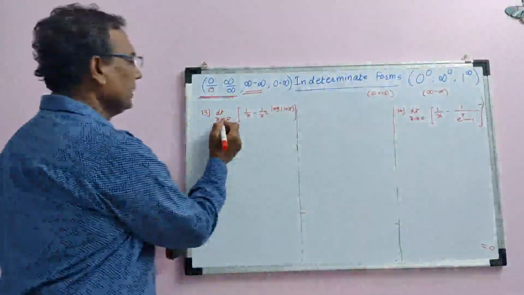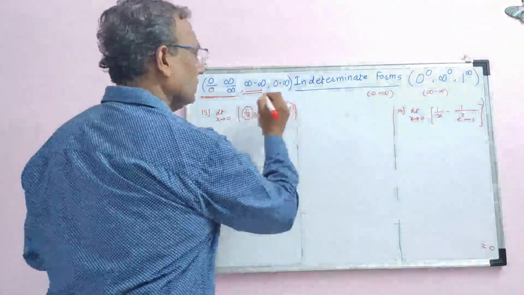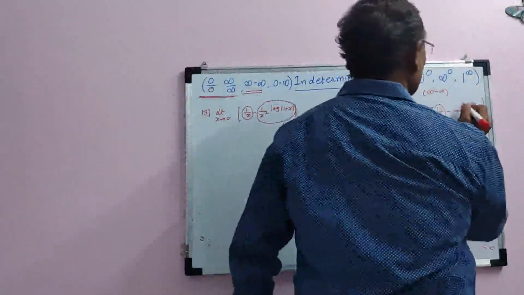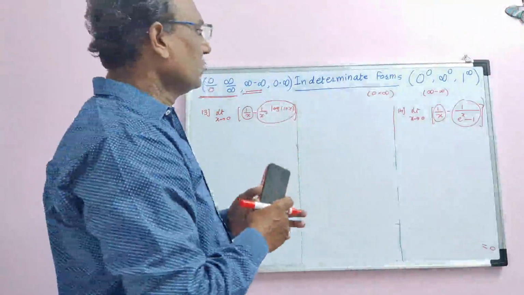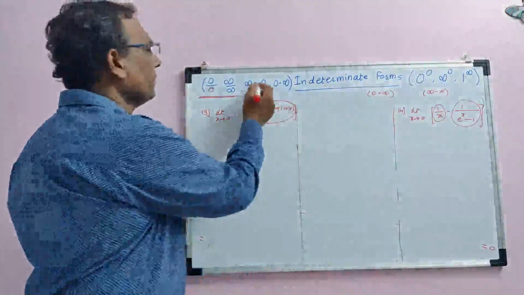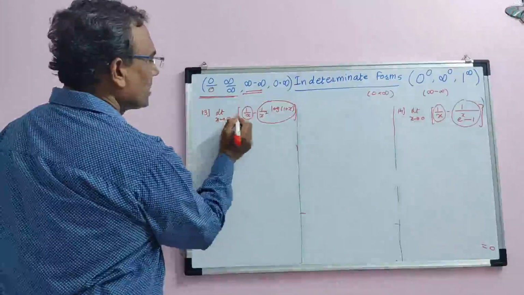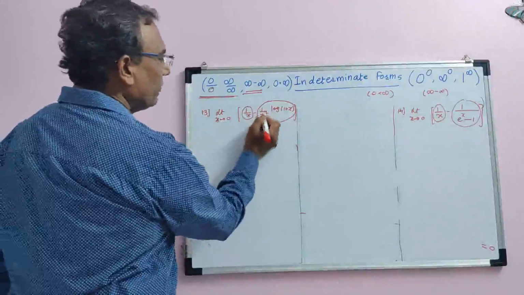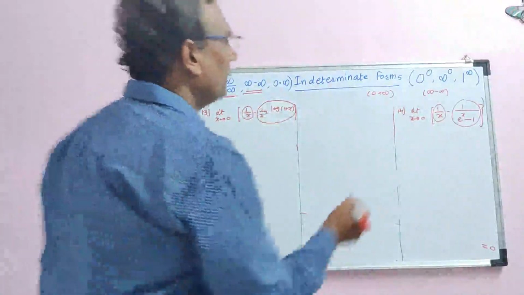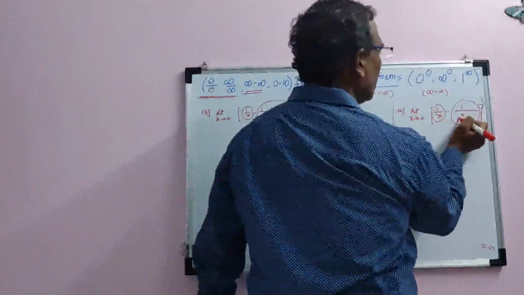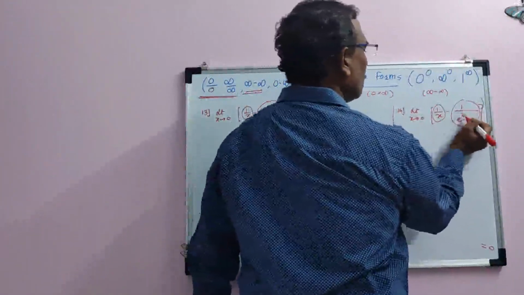Two problems. Limit x tends to 0, this term minus this term. Okay, if there is a minus sign between two terms, then we can say it is infinity minus infinity form, but that is not the general rule, we have to check. See, for x equal to 0, 1 by 0 is infinity and 1 by 0 is infinity. Okay, now here 1 by 0 is infinity and e raised to 0 is 1, and 1 minus 1 is 0 and 1 by 0 is infinity.